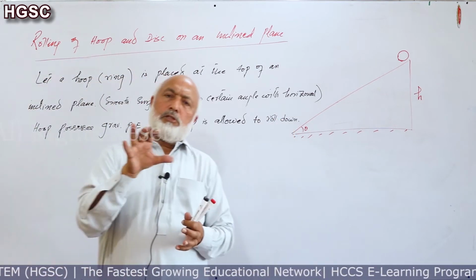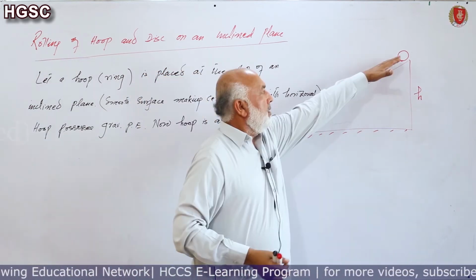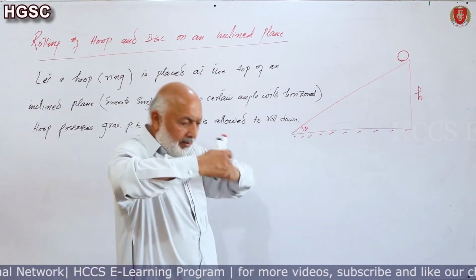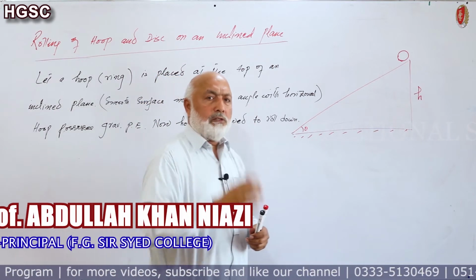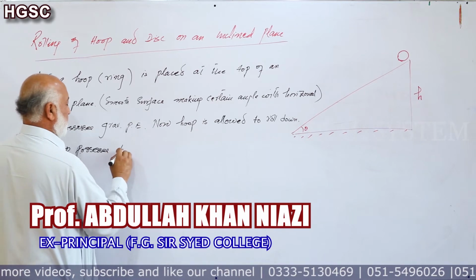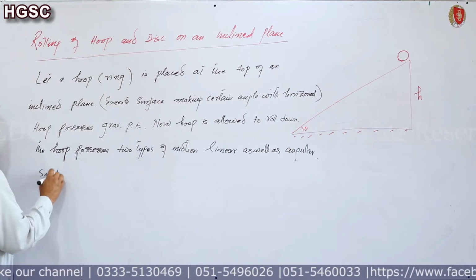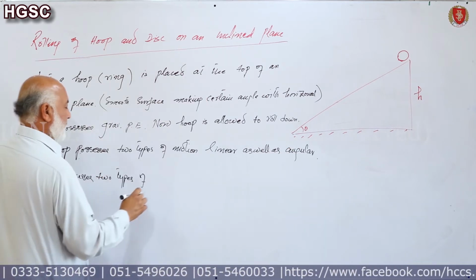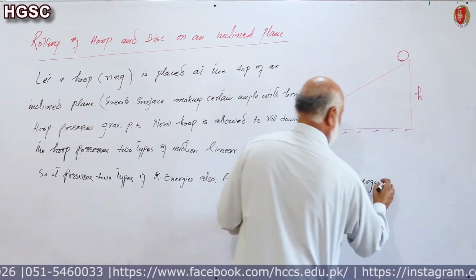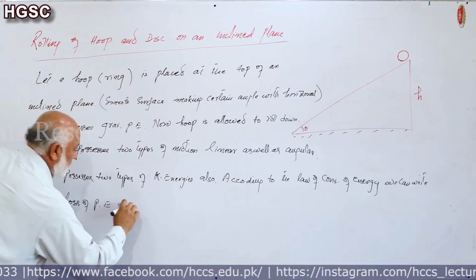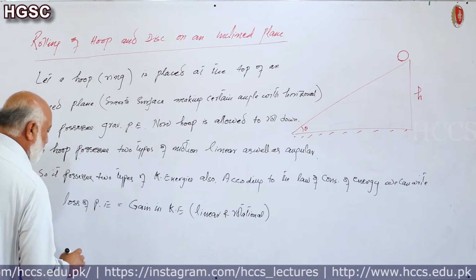We see that this hoop possesses two types of motion. One is linear motion, that it travels this linear distance along the plane, as well as it is rolling down, so it possesses rotational kinetic energy also. The hoop possesses two types of motion, linear as well as angular, so it possesses two types of kinetic energy also. According to the law of conservation of energy, we can write loss of potential, gain in kinetic, linear and rotational. So mathematically,